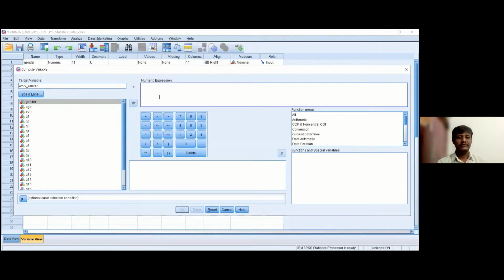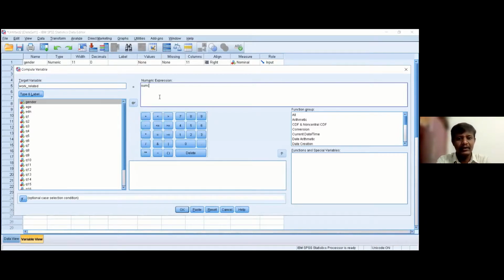Here in the numeric expression column we are going to combine the first 5 statements into one variable. To combine these first 5 statements, we are using a function called SUM. S-U-M, sum. Then open a bracket.